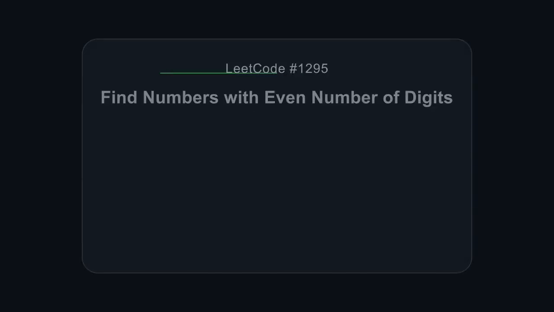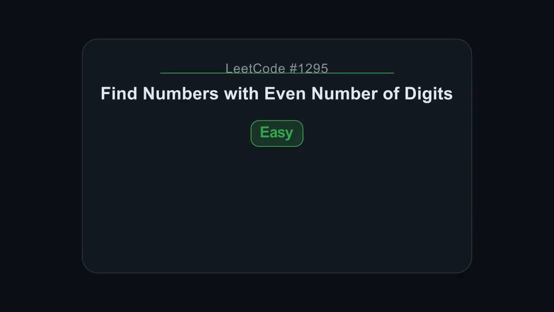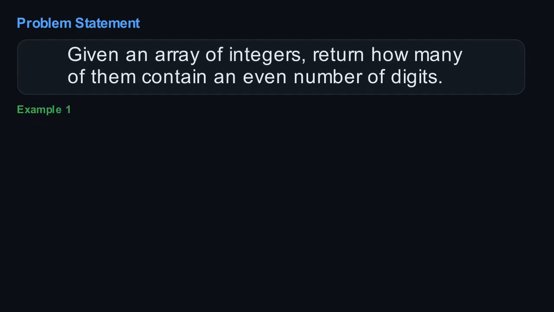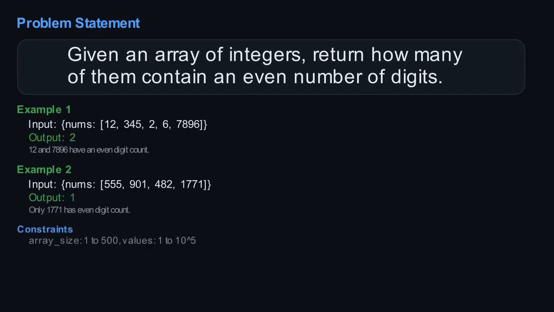Today, we're tackling a problem that seems simple on the surface, finding numbers with an even number of digits. But the real challenge lies in doing it efficiently. How would you approach this to avoid unnecessary overhead? Given an array of integers, our task is to return the count of numbers that have an even number of